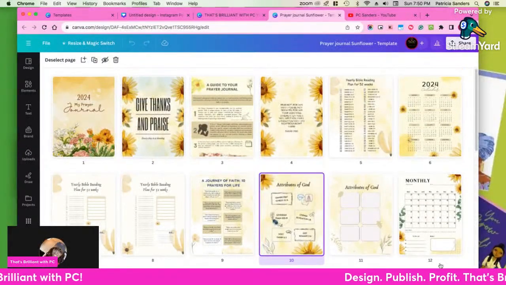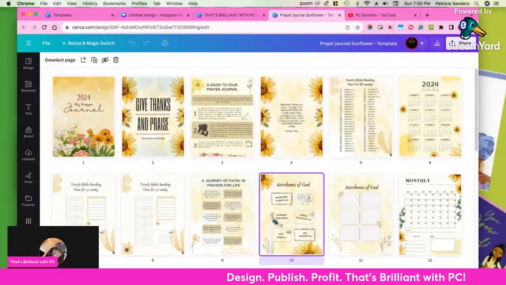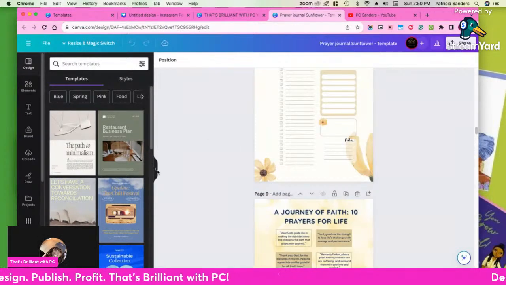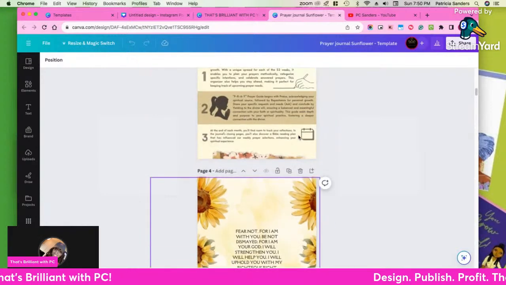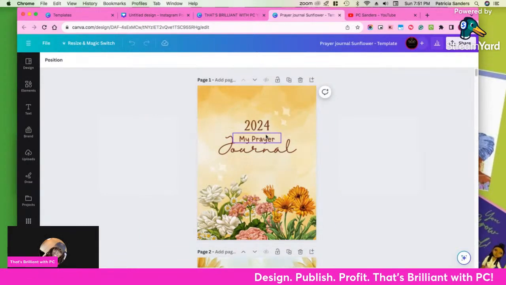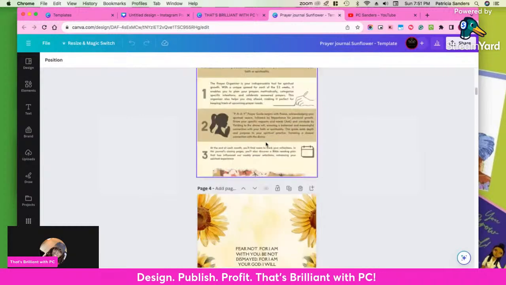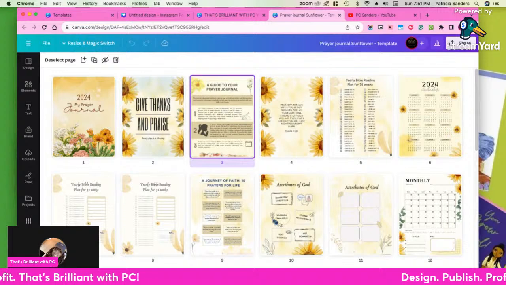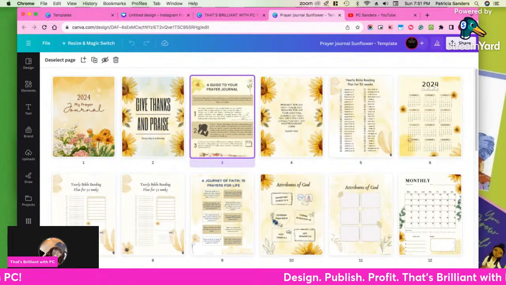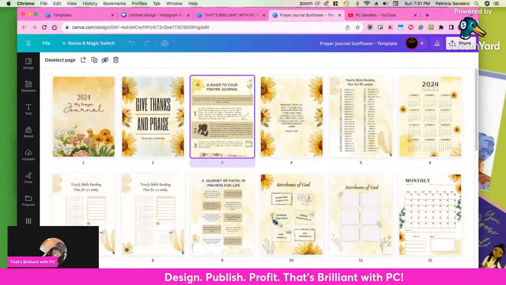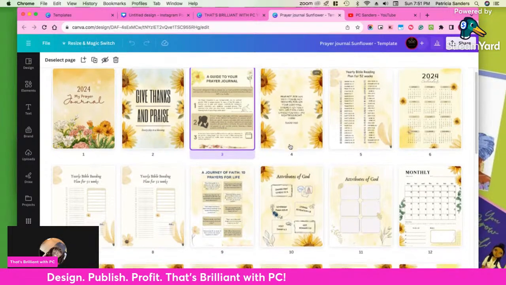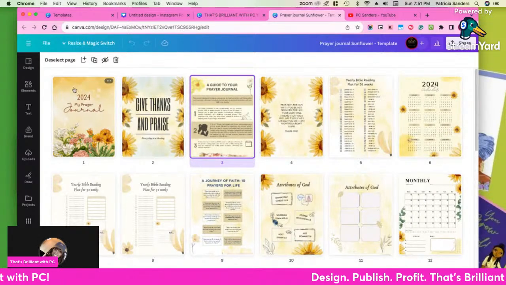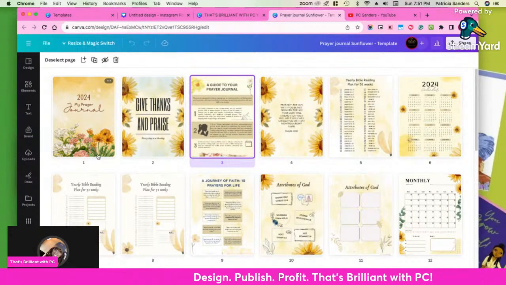Down at the bottom right-hand side of the screen, I clicked on the grid view. Right now this is just the individual page view, and a lot of people just work from this view, and it kind of makes it difficult. So I like to go here because you can do a lot from this particular screen. Sorry, hold on. Well, before I even say that, if you get a template